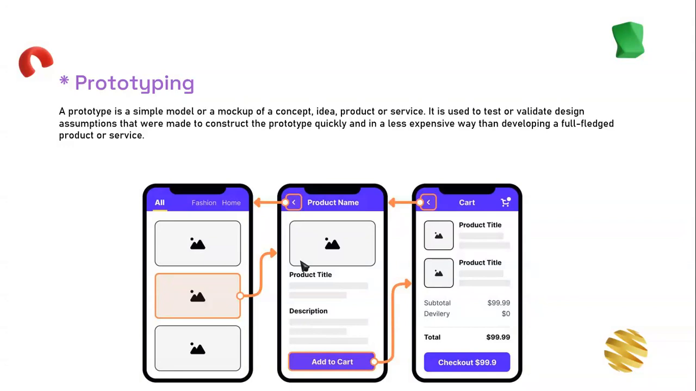I do prototyping. Now, a prototype is a simple model or a mock-up of a concept, idea, product, or service. It is used to test or validate design assumptions that were made, to construct the prototype quickly and in a less expensive way than developing a full-fledged product or service. In simple terms, prototyping your high-fidelity wireframe is something that